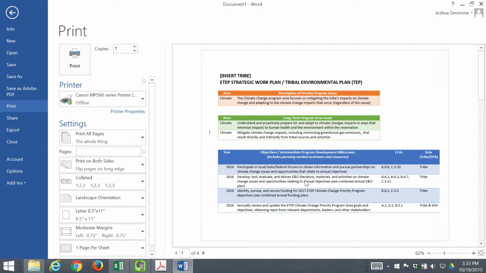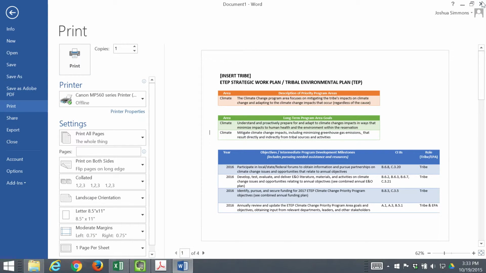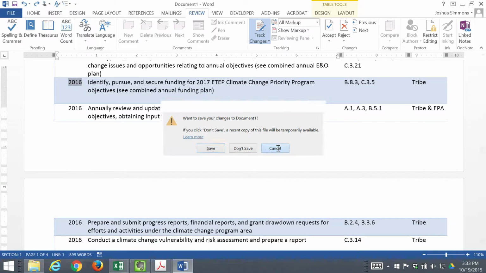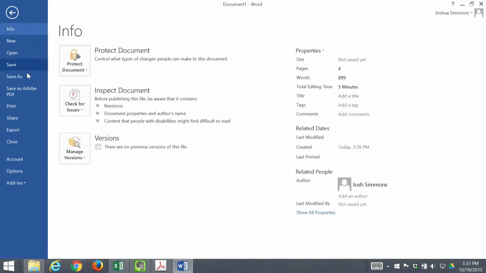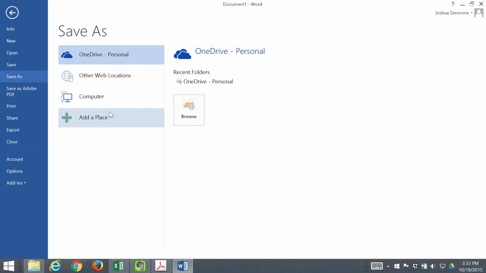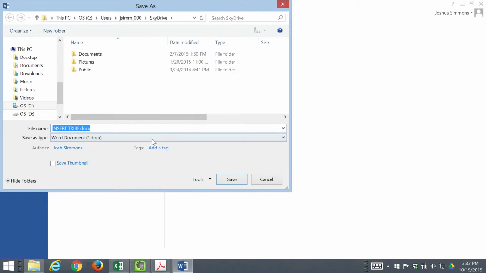and this can be distributed among your project officer, among tribal council, and you just select your printer. You could save it as a PDF if you wanted, manage that however you want. And then you'd want to save this document. So let's just save it. Save it wherever you're going to save it. So this is going to be your